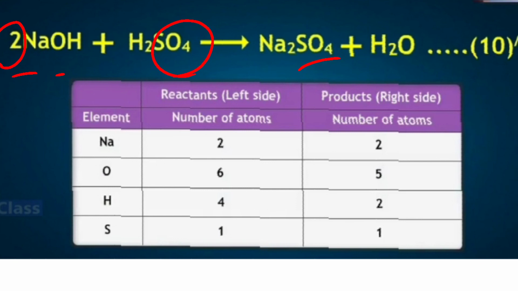So go on doing it. How will you go further now? Here I am having unbalanced hydrogen, here I am having 4. So I multiply this by 2. In the product part, I can write down 2 here. When I write 2 here, my hydrogen will get balanced. It will become 4. But at the same time, one oxygen will become 2 oxygen. So total oxygen will be O4 plus 2 O, that is 6. So instead of 5, it will become 6. So that will also get balanced.